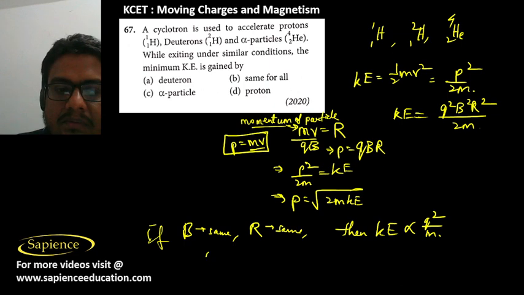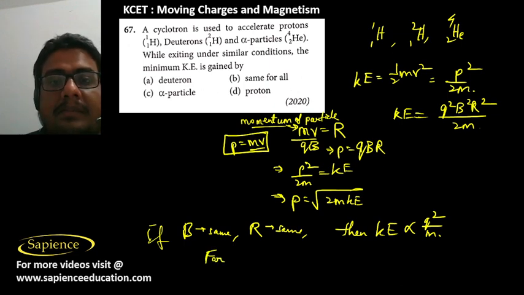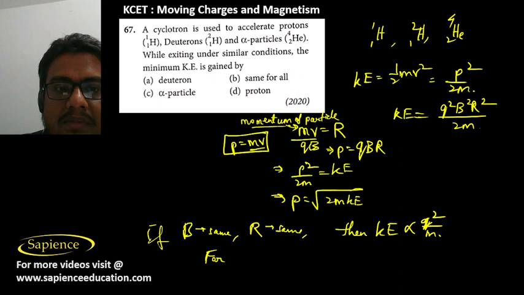So for that charged particle for which the ratio of q square by m is the highest, that will have the maximum kinetic energy gained, and for which the q square by m is the least, that will have the